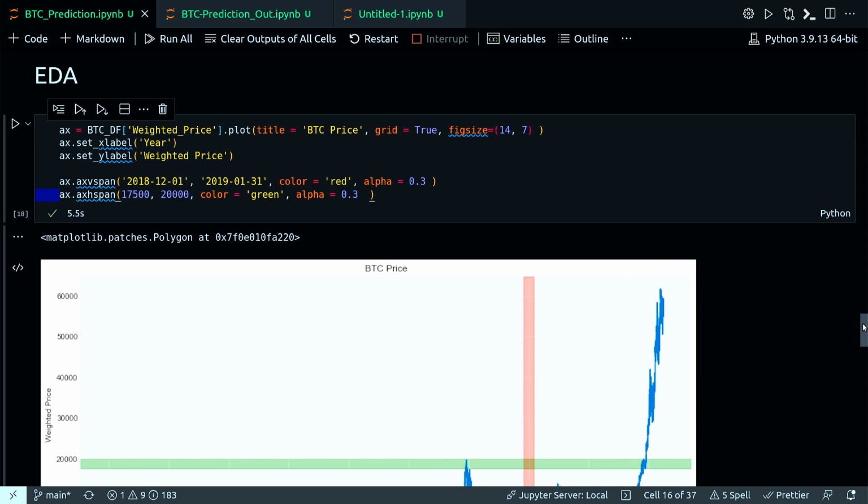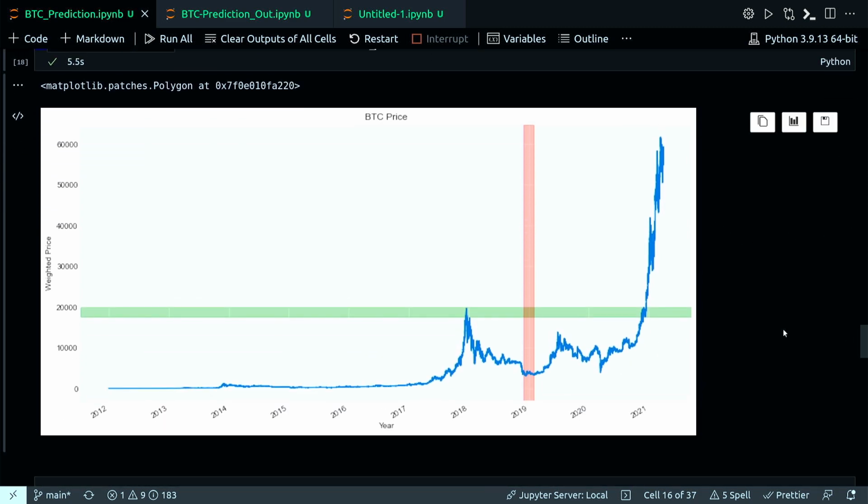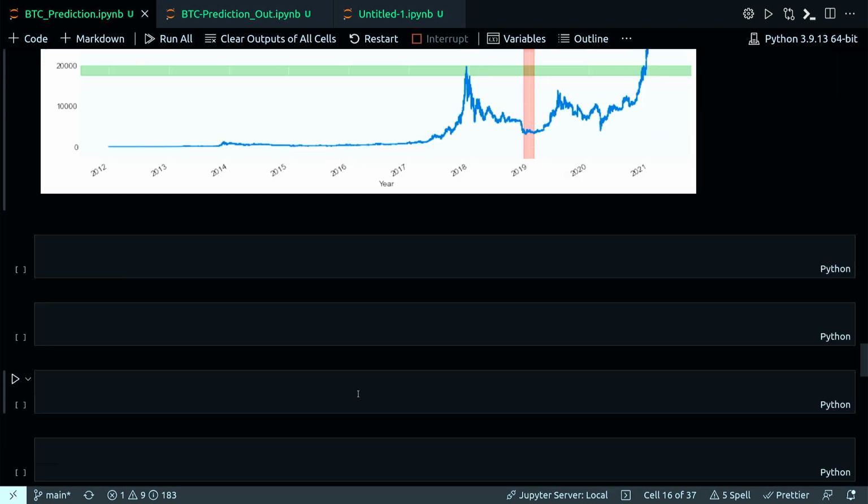And this is the plot I get. So this is my vspan between these two dates, and this green line is my hspan, which is between these two price points. So well, let's also plot